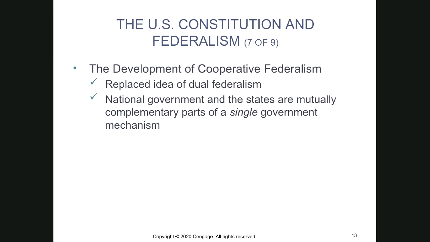In terms of when we really start to see a rise in cooperative federalism, we tend to see that around the time of the Great Depression. So the Great Depression was just this really, really bad time in the economy. People were starving, there were bread lines, people were committing suicide because they were really, really depressed about their economic states. It was just a really bad time for the country in general.